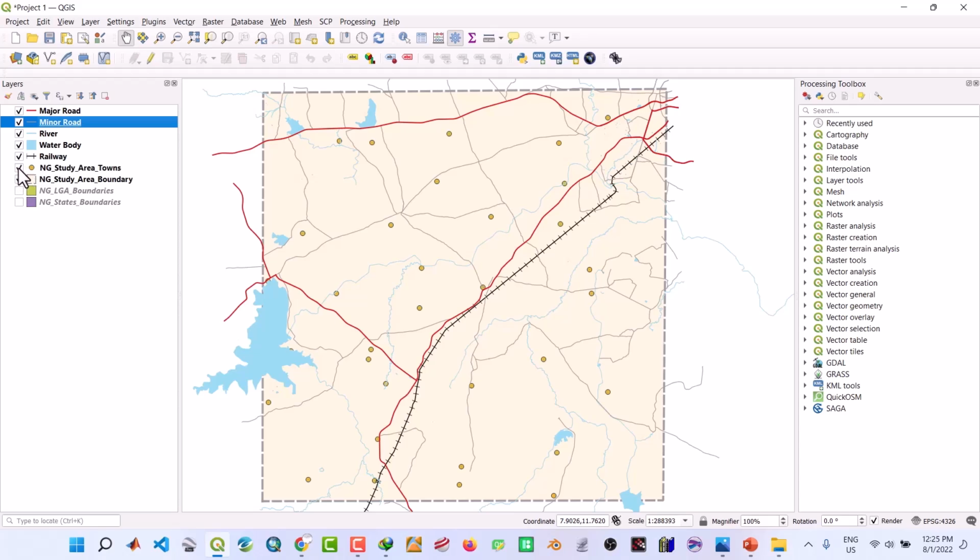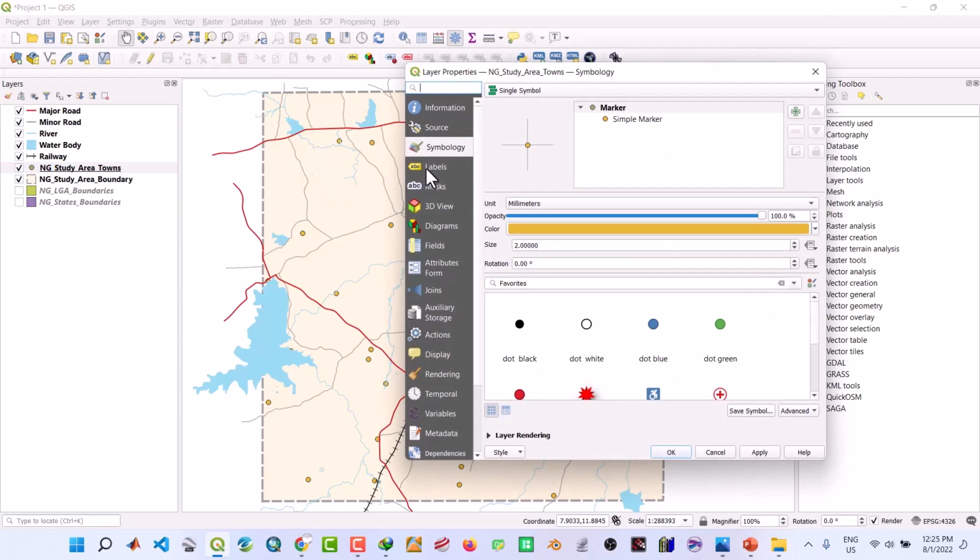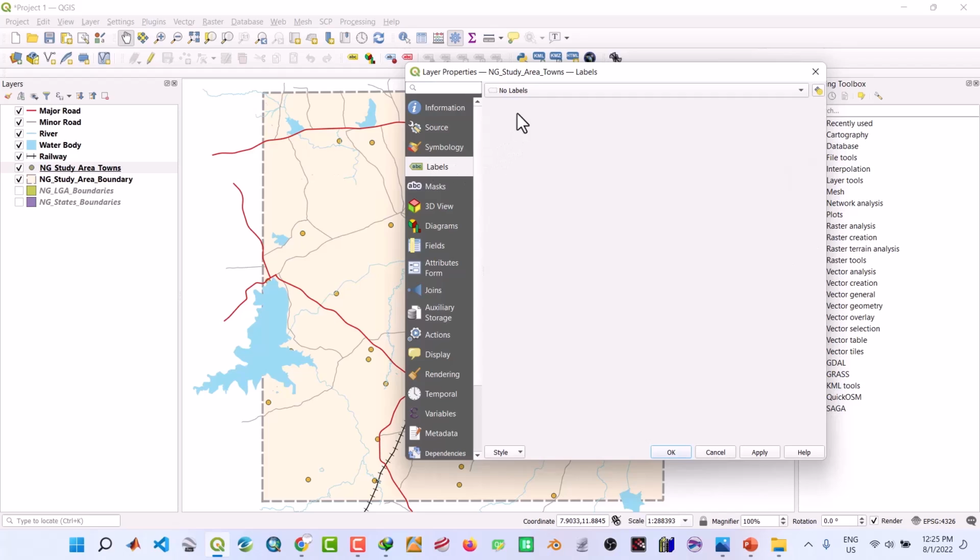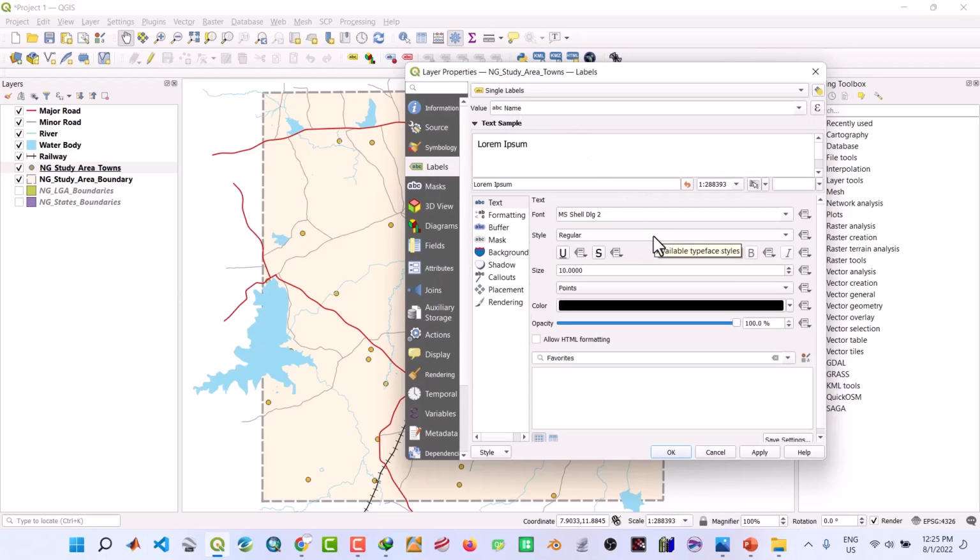Study area towns. So it's our area towns. Let's change this. Then double click on this area towns. Under label, click on single labels. Apply. Let's see, they start to come out. It's okay. Under placement,